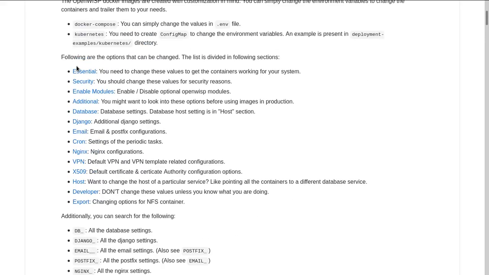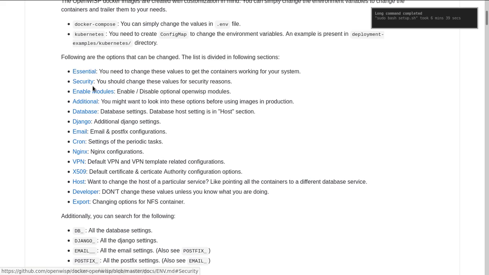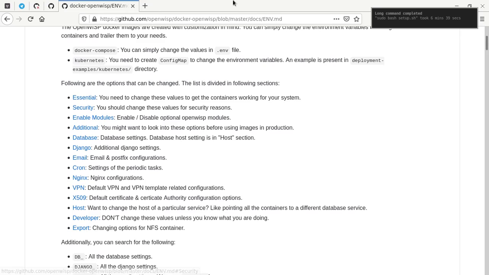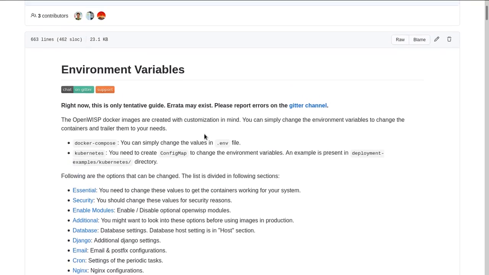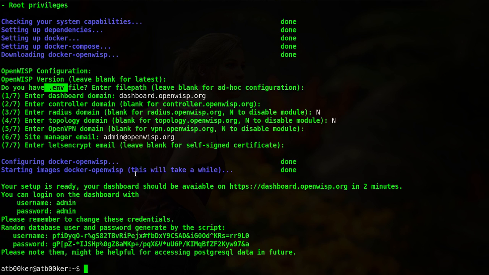These options are divided into a lot of categories, and before you set up this Docker OpenWisp on production, I would recommend you to go through at least the essential and security options. Security options, as the name suggests, allow you to restrict the access to the management site so that not everyone can use it. So meanwhile, the setup is done.